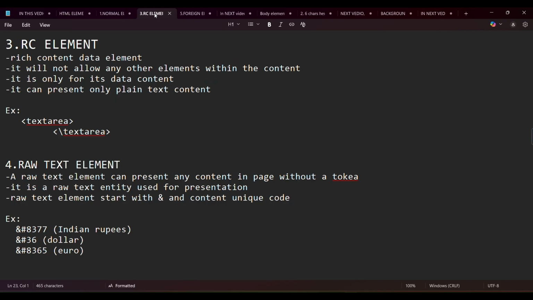Afterwards we are moving towards the rich content element. It will not allow any other elements within the content. It is only for its data content. It can present only plain text content. Now we can have a look